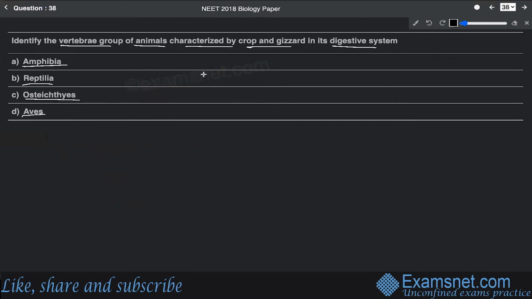Now, let me tell you, this crop and gizzard system, all right, crop is basically a storage organ for food that is found in the digestive system, and gizzard is basically meant for grinding the food particles into smaller pieces. That is again found in the digestive system, and it is found that these two, that means crop and gizzard, they are considered to be the characteristic features of birds, which are called aves. All right, so you can say that